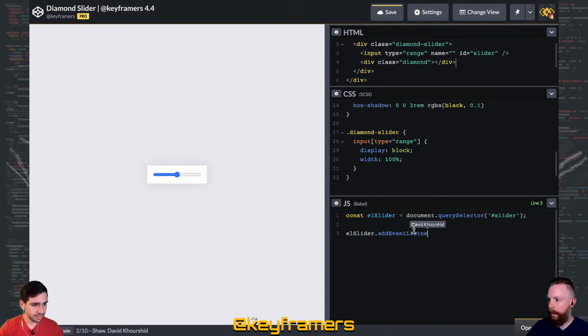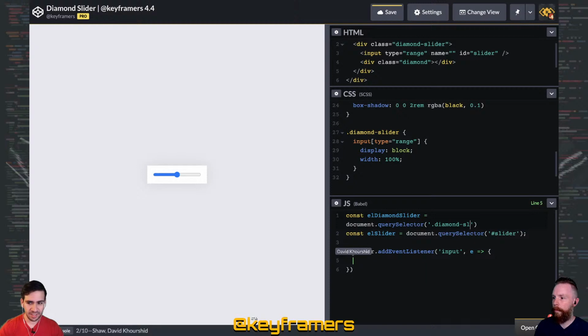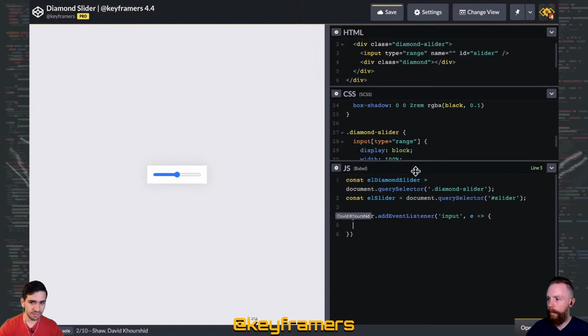slider.addEventListener. Now, for people coming from the React world, you might think it's change, but it's not change. It's actually input. And that's one of the frustrating things about React: it just threw out the whole concept of on input, even though that's a more accurate way of handling change. Anyway, it's just my 2 cents. That's console.log